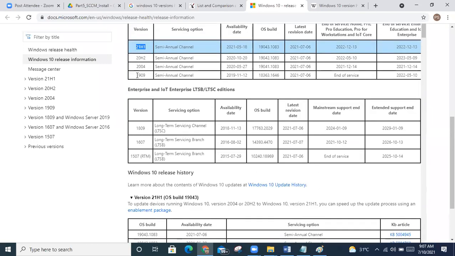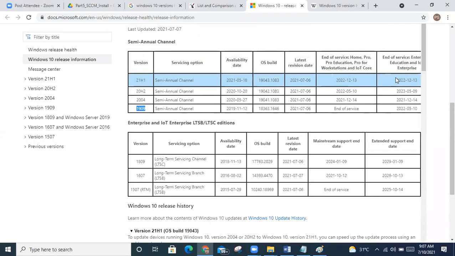If you see 1909, for example, Microsoft is giving end of service at the latest revision date. See here, they revised something. Extended service support they're giving until this month.